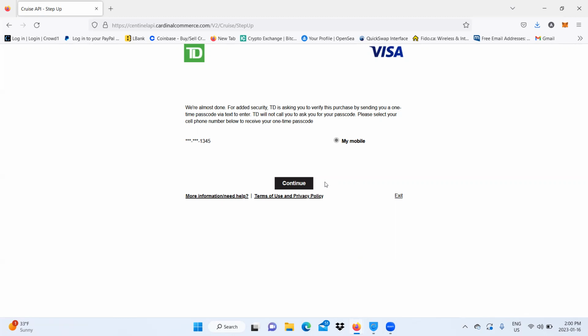But anyways, they will send a verification code to the phone number, and you have to make sure that you have access to the phone number you're using for Coinbase. Once you click continue and they send you a verification code by text message, go check your phone